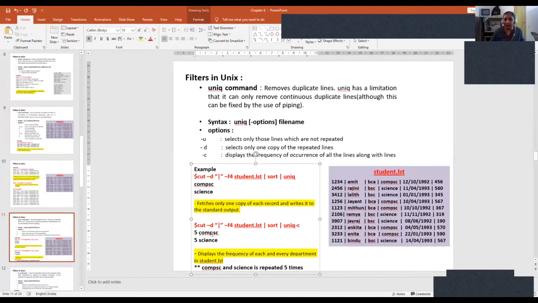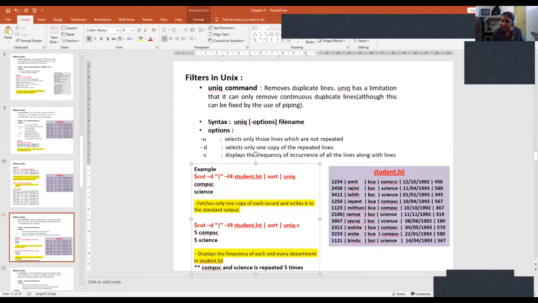Okay. Next, the second one: cut -d, same thing with sort and say uniq -c. That means the fourth field is taken. It gets sorted. So I'll get 5 times computer science, 5 times science. Now, the unique values are computer science and science, the only 2 unique values which I have. But how many times is computer science repeated? 5.